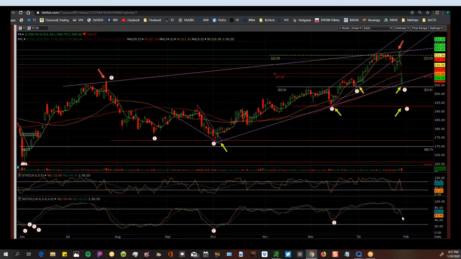However, the internal signals are still pointing down. This is something we call the slow stochastics, one of the most powerful, simplest indicators one can follow, to see the general direction. So it shows here